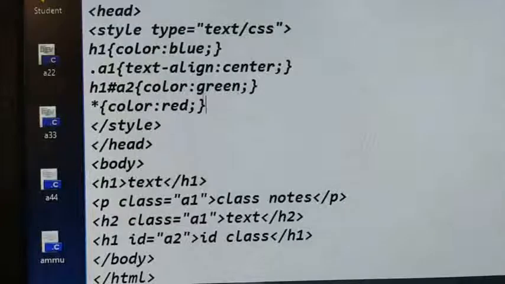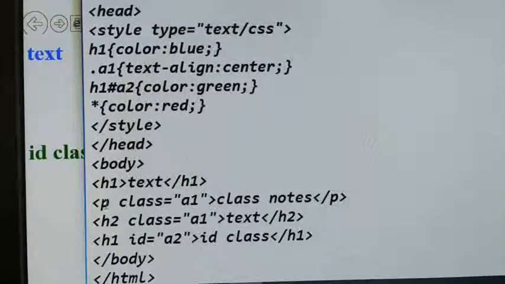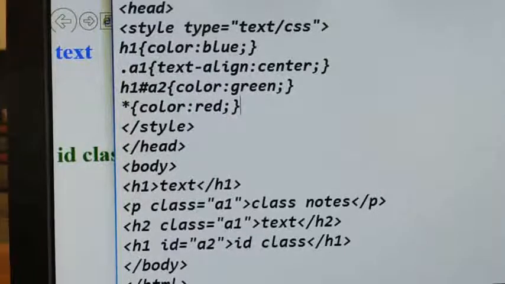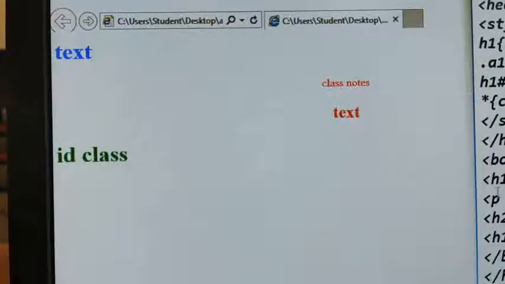Actually, see here, color red I have given for this text, and the remaining text, class notes and the a text, I have given properties earlier. So I have not given red color for any element like the paragraph and h2, but in the browser window you can see class notes, that is a paragraph tag, and the text, that is an h2 tag. So for these two tags you are getting that property. You can see here.